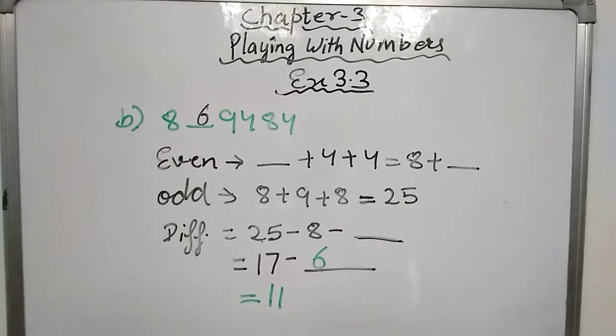From this exercise, question number 1 is left. There is a table given in question number 1. You need to check the given numbers for divisibility by 2, 3, 4, 5, 6, 8, 9, 10 and 11. And then you need to write yes or no in front of every number, whether they are divisible by these numbers or not. So you know all the tests for divisibility. So you'll try it yourself.